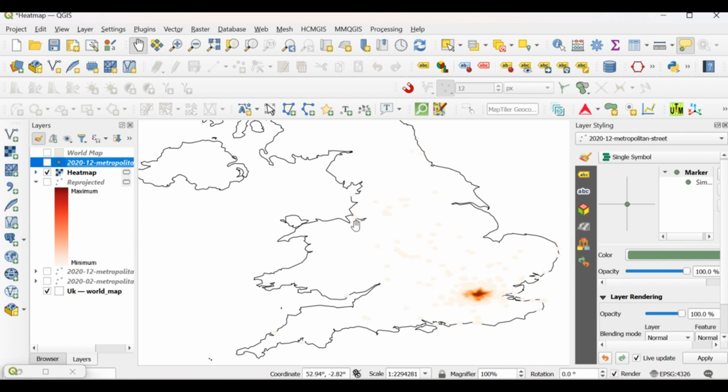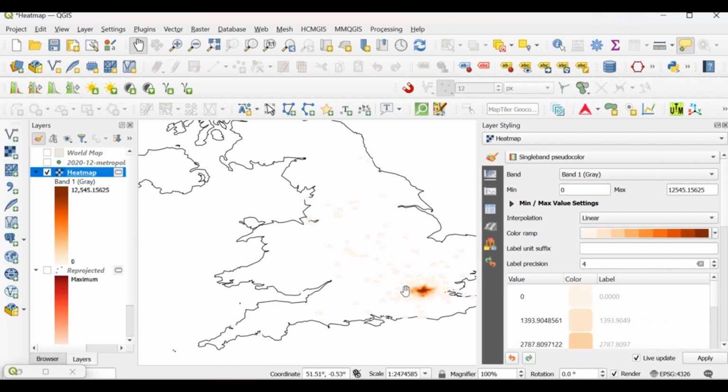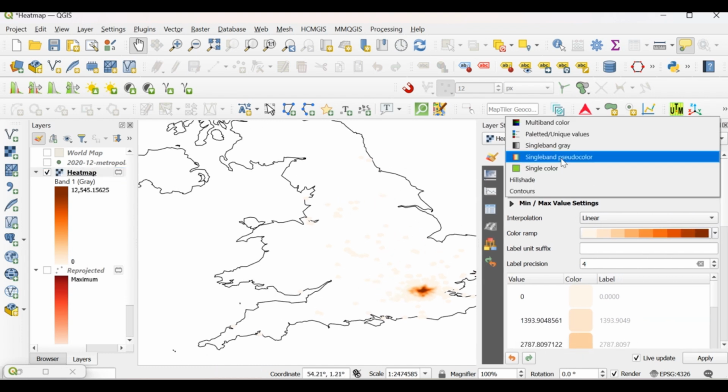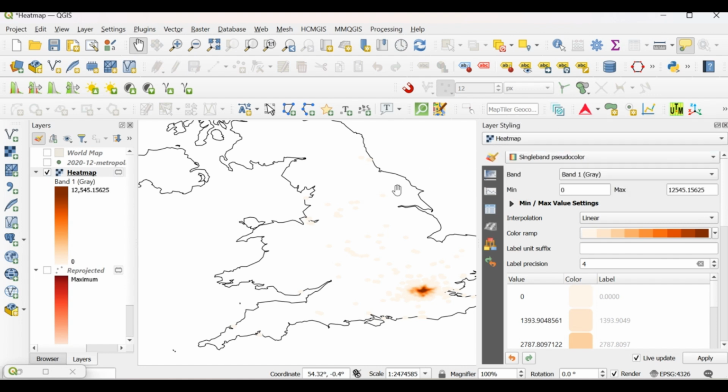If you want to style this later on, you can check the different symbology types. You can make it graduated, I think, because this is coming from KDE, so you can always change it to graduated into different classes instead of continuous, instead of single band pseudocolor. And you can also put it into the print layout and then add different things that will be useful.